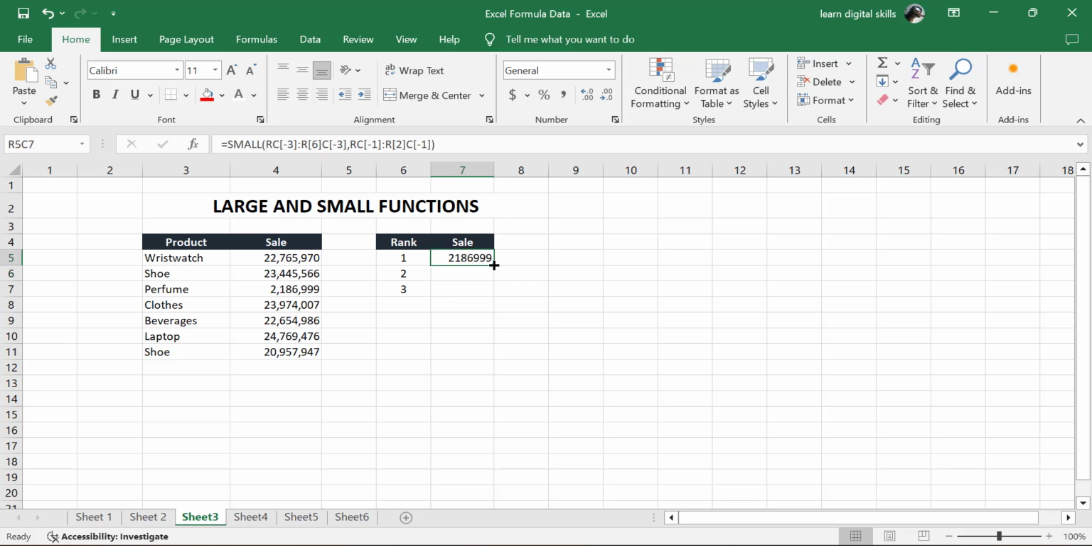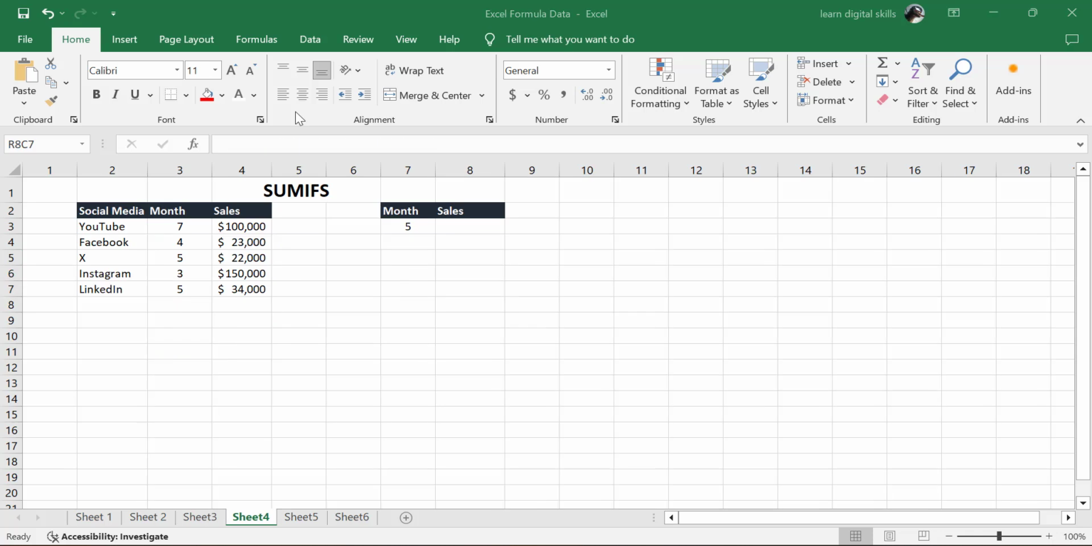Then if you need it to follow up, just click and drag it down. So this is how you can go about with the LARGE and SMALL functions in Excel. Next, we have the